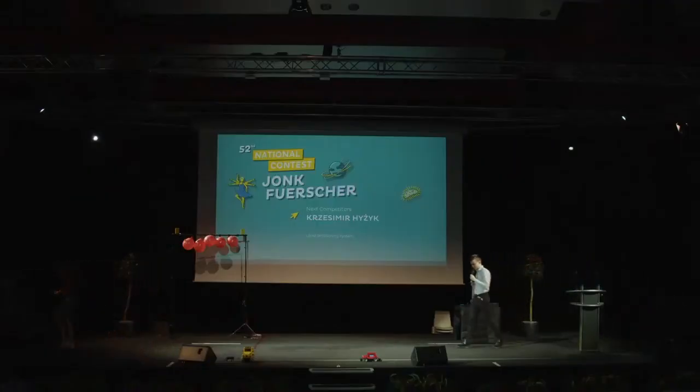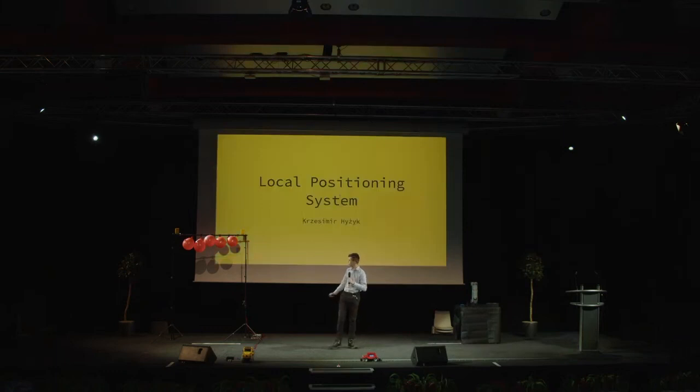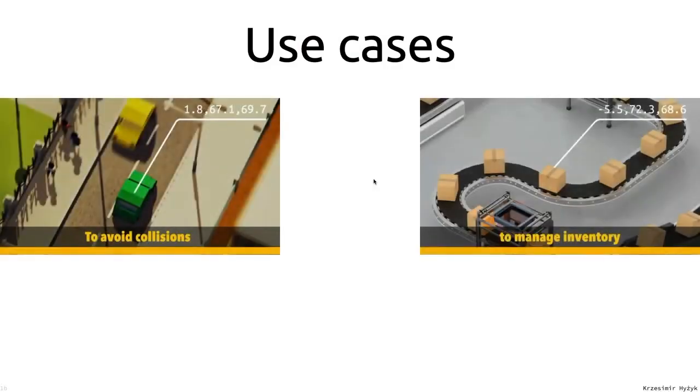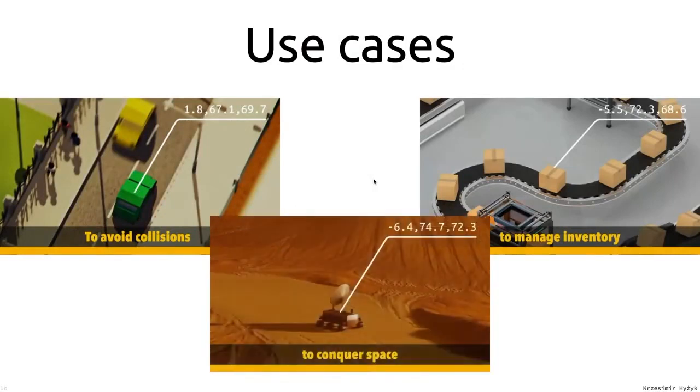Good morning. I am Krzesimir Hyżyk. I'm from the European School. And for this year's Jonk Fuerscher contest, I have created a local positioning system. A local positioning system is used to obtain the coordinates of multiple objects within the specified perimeter. So this system has many use cases, from the automotive industry, through supply chain logistics, all the way to space and planetary exploration. Now, in all of those cases, the information about the location is important to track the movement